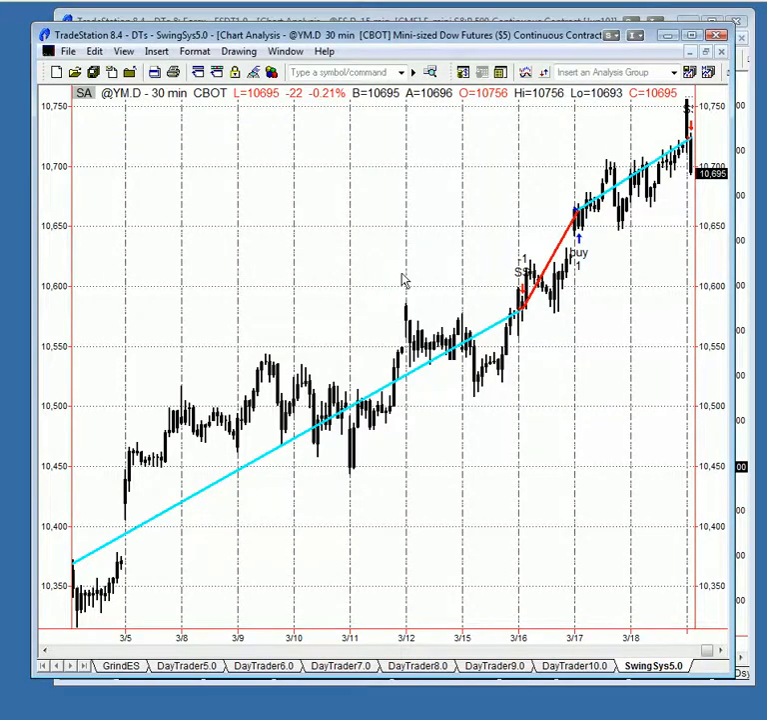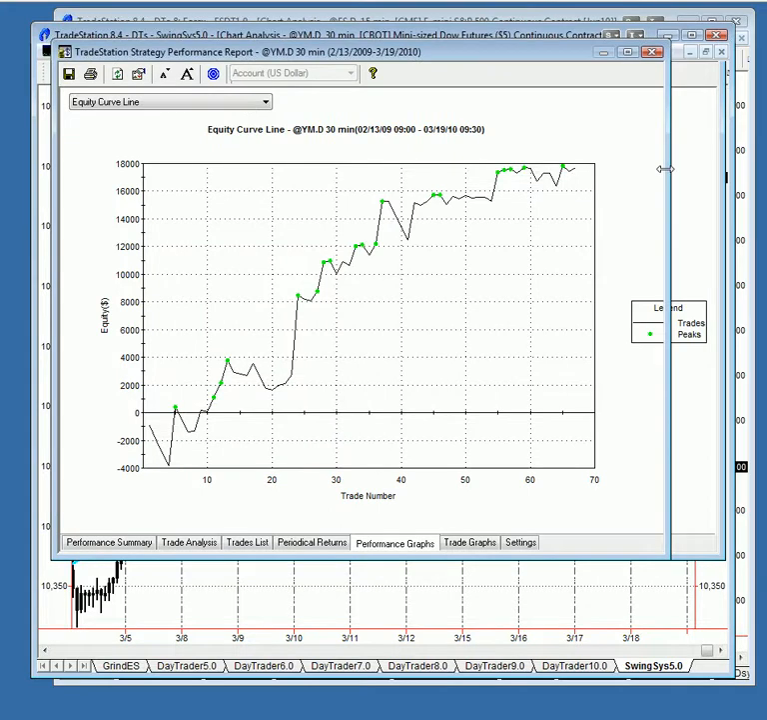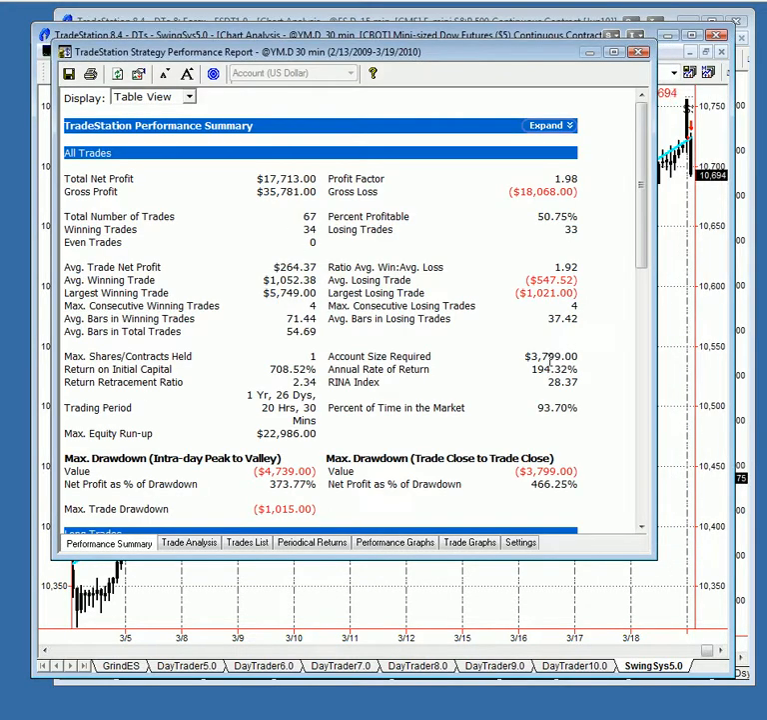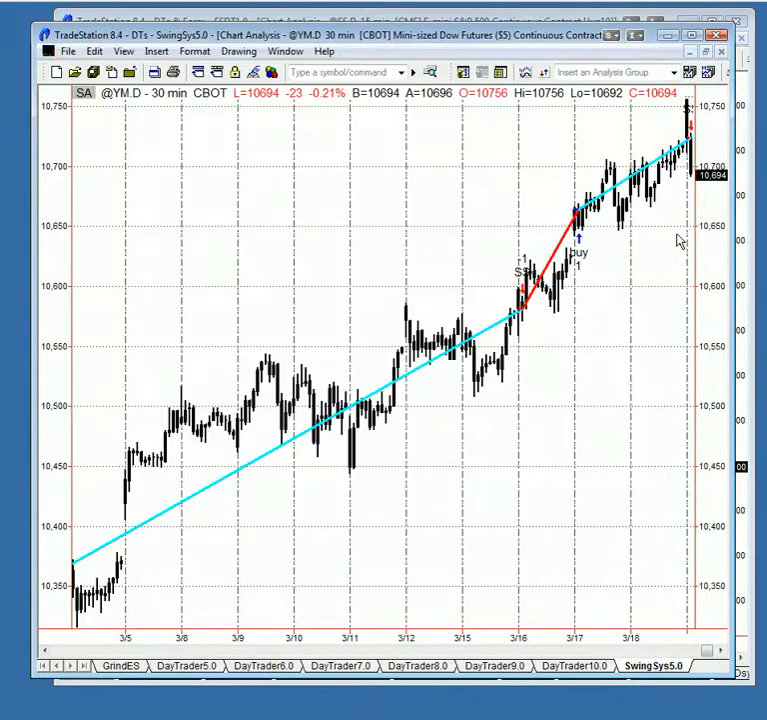Of course, this is our most favored swing system, Swing System 5.0. Again, just catching beautiful moves. We can look at the performance report of these, and look at that beautiful $18,000, $3,800 maximum drawdown over the past year or so. Just a beautiful system. Again, right back into another winning trade this morning, reversing to the short side and booking a